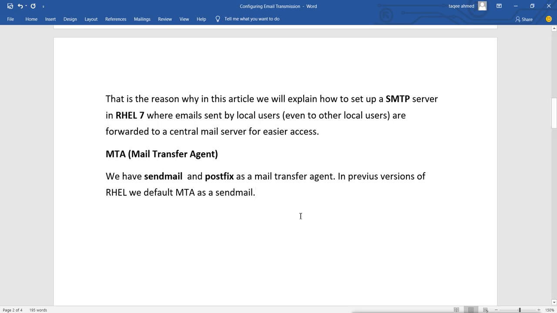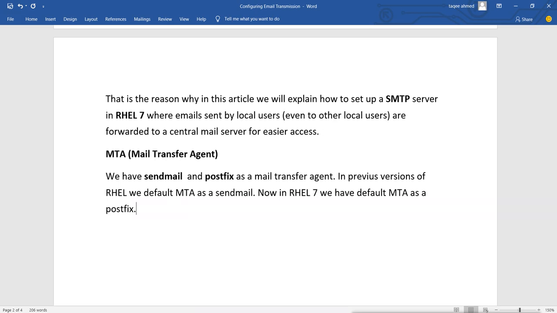In RHEL7, by default we have Postfix as the mail transfer agent. So this one is the default MTA we have in RHEL7.